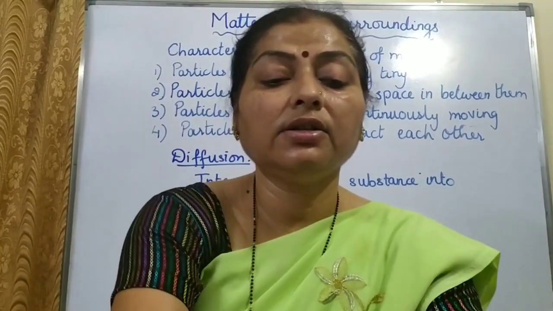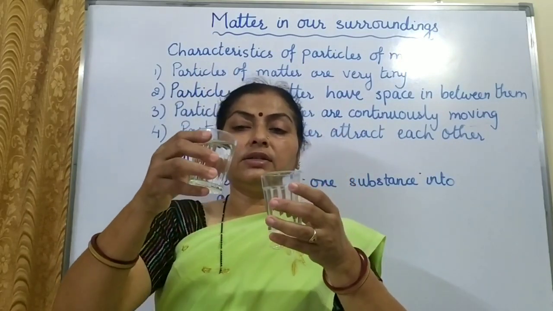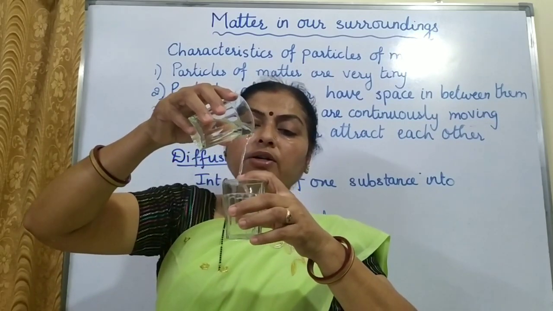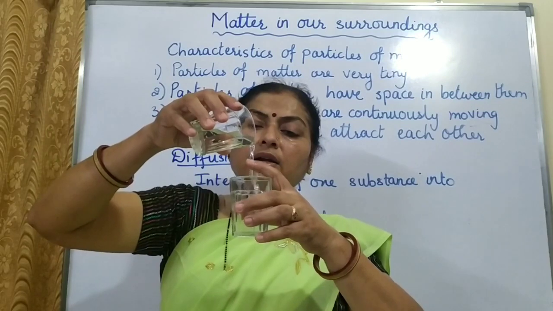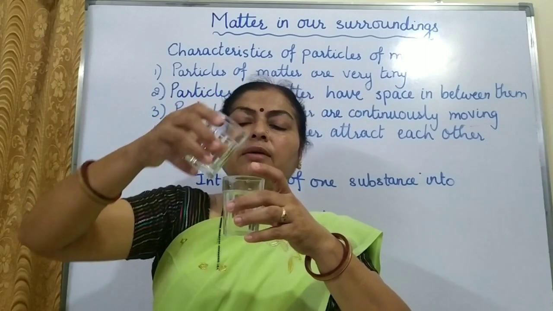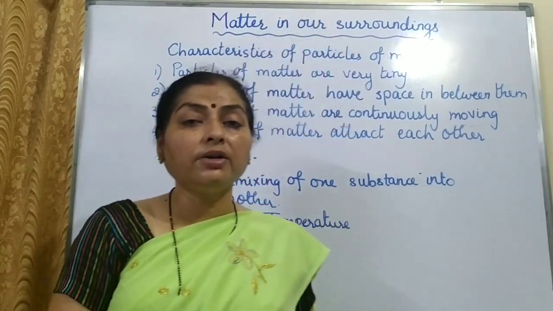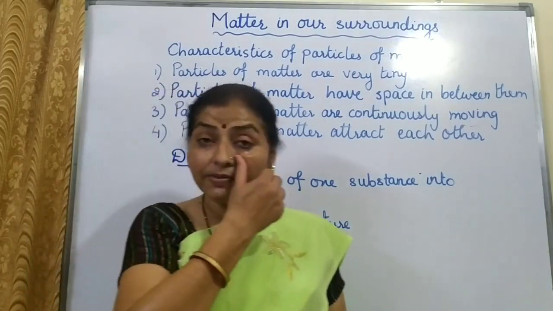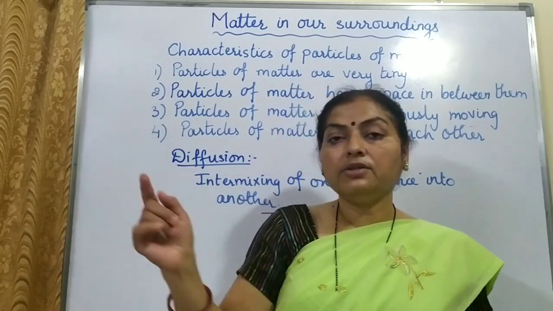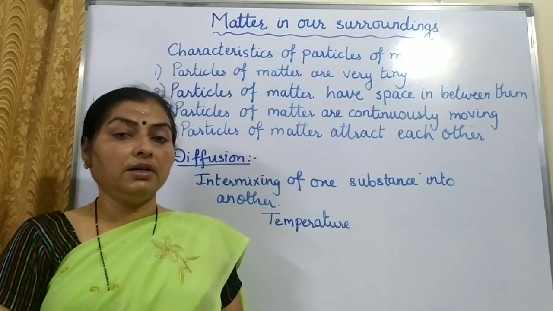Now if we see the case of liquids, here I have two glasses. One is an empty glass, and one is a glass containing water. Now if I allow the water to flow, you can see I can easily move my finger through the stream of water. I can cut the stream of water. Why? Because the force of attraction between the particles or molecules of water is there. That is why it is flowing in a continuous stream. But then I can cut the stream of water because the force of attraction is still not that high.